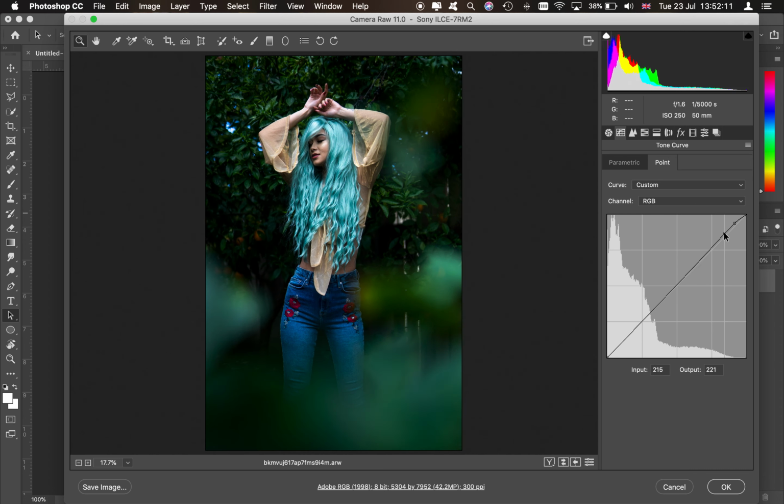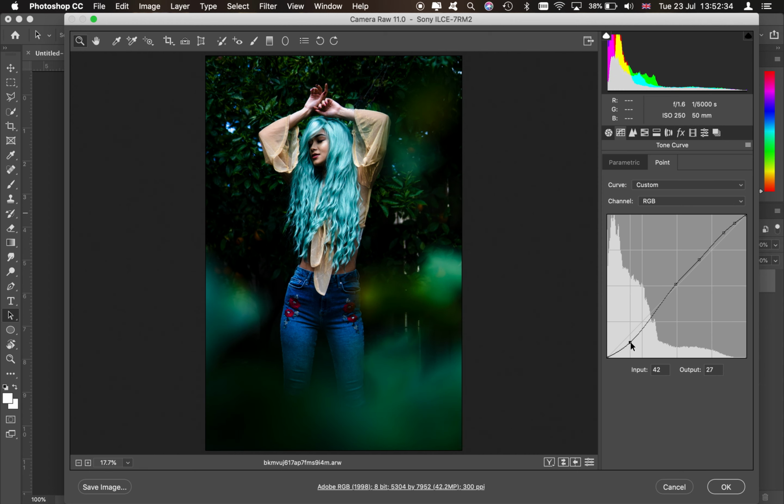So you can see here, I'm just messing around with the highlights. I don't want to go too bright, but I want to make sure it's fairly bright in the highlights. Then we're going to leave the midtones as they are, maybe brighten them up ever so slightly. And then when we come to the shadows, we're going to try and crush those blacks in just a second, but I want to make sure that it's not too dark, because you'll see here if I just drag this down like this, the image just goes far too dark, which is crushing the blacks, and that's because